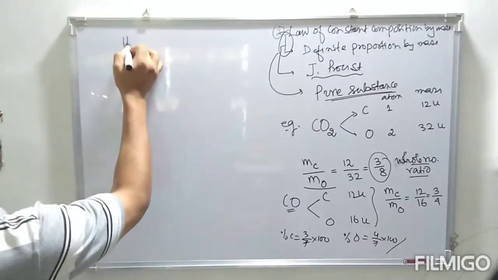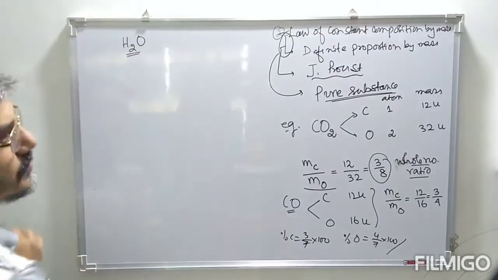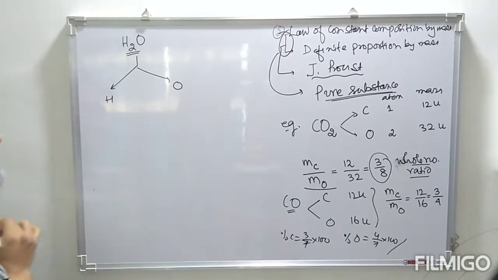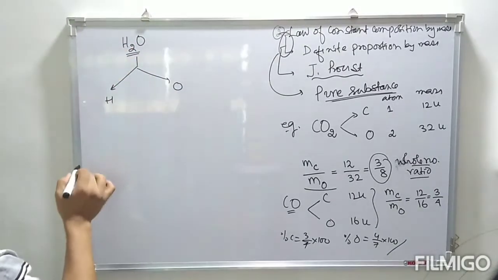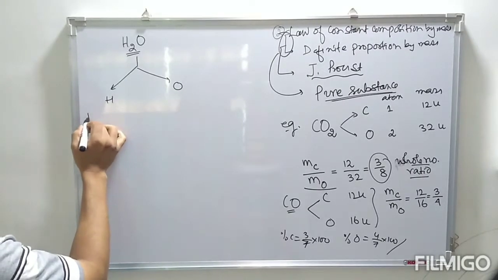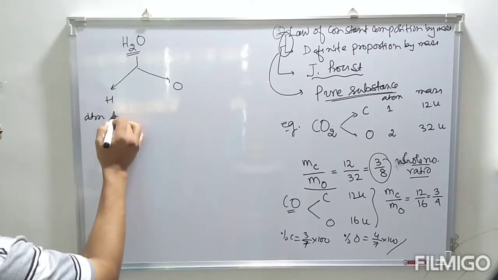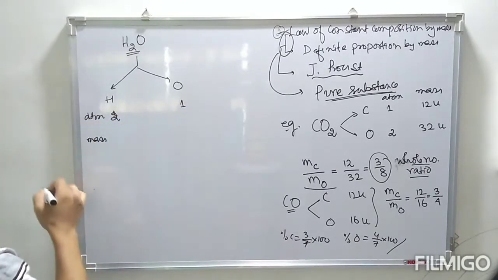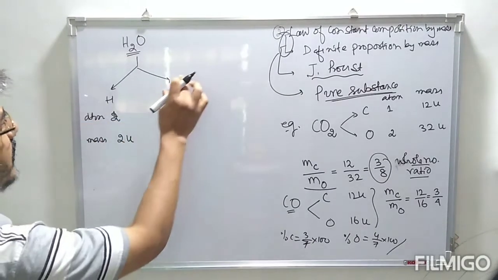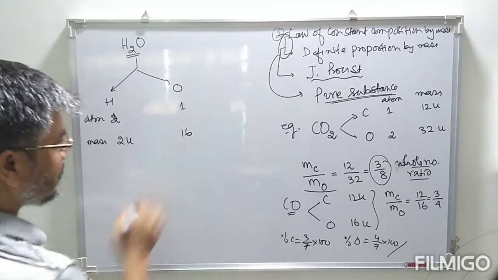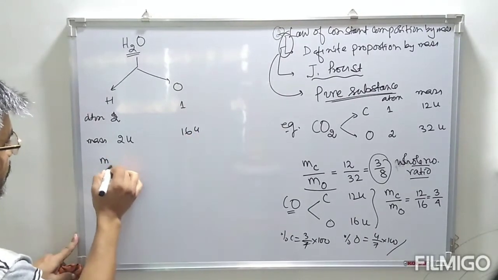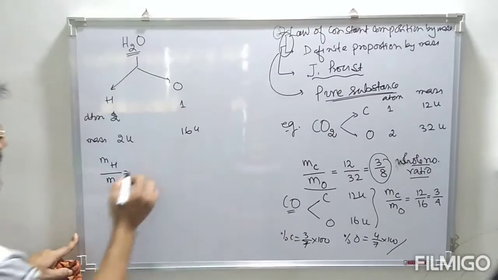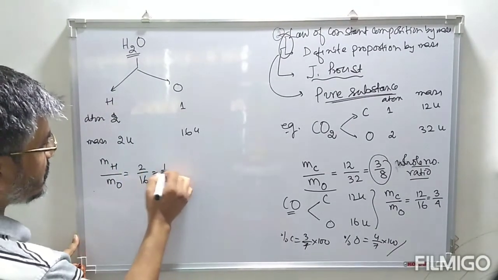Take a pure sample of water molecule, H2O. We have looked at this: we have hydrogen and we have oxygen. One molecule of H2O contains two atoms of hydrogen and one atom of oxygen. The mass of two atoms of hydrogen is 2 u, and the mass of one atom of oxygen is 16 u. So the mass ratio of hydrogen to oxygen in a pure sample of water is 2/16,